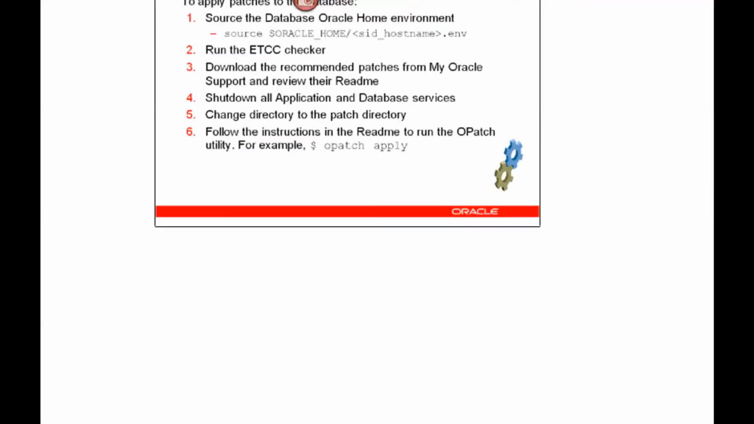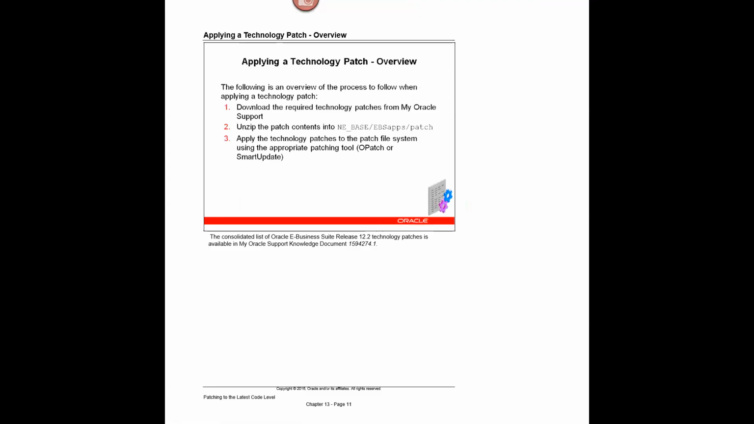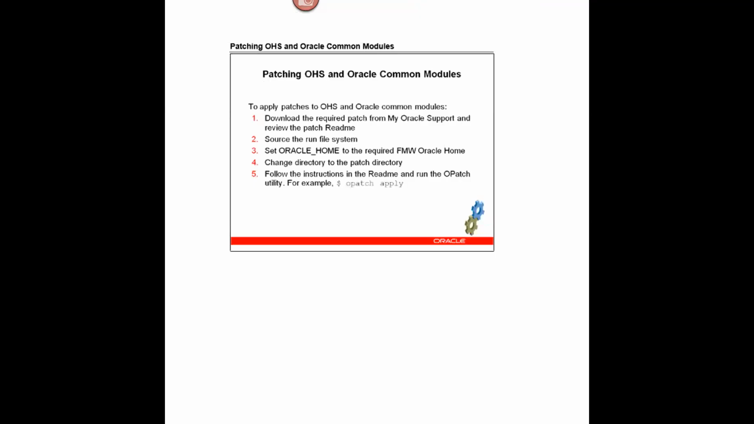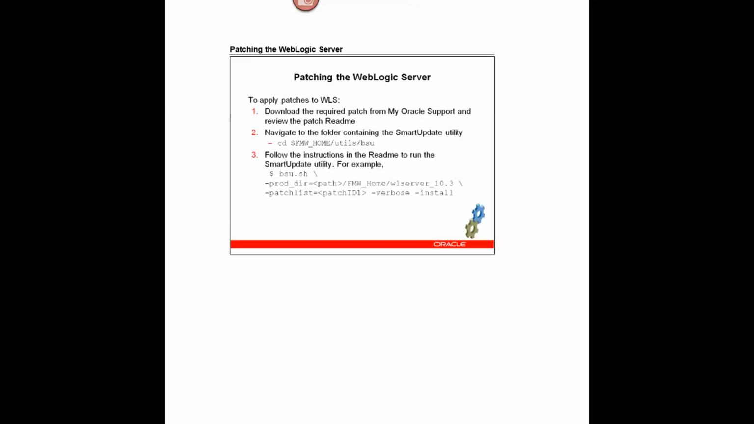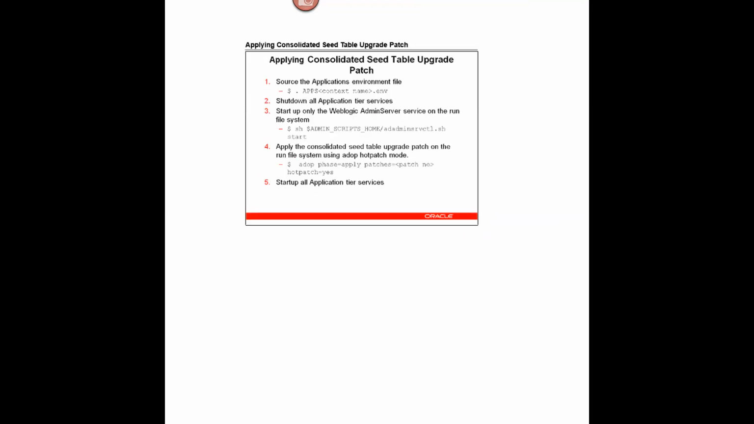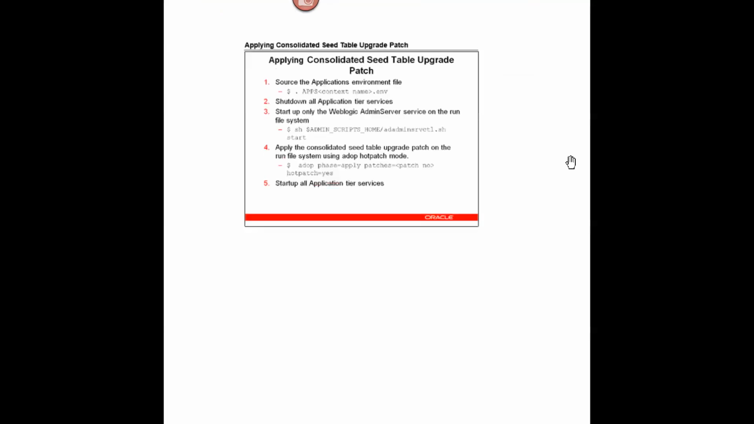So first you need to apply the patches on the database. You need to shut down the application and database services. Whenever you're applying the patches with OPatch, you have to shut down the application and database. Then only you apply the patch using OPatch. Similarly on the technology stack, similarly on the OHS and common modules, similarly on the forms and reports, similarly on the WebLogic server, you need to apply. After that, you have to apply the consolidated CTable upgrade patch, then the tech stack patch,